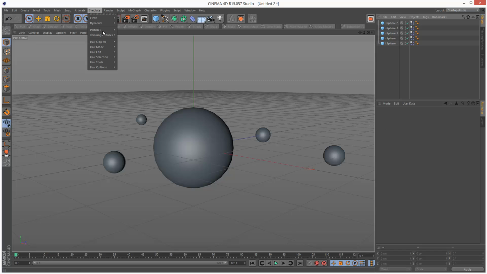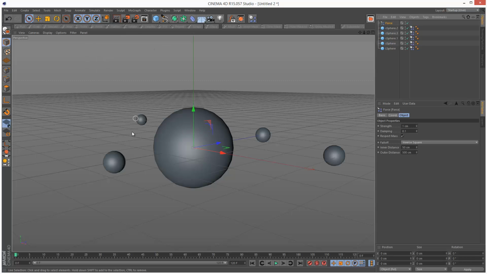Next, I'm going to go to Simulate Dynamics, and I'm going to choose Force. So force basically gives every single object with a dynamics tag sort of gravity. So imagine these like planets, and they start to attract each other. So if I just play this back,